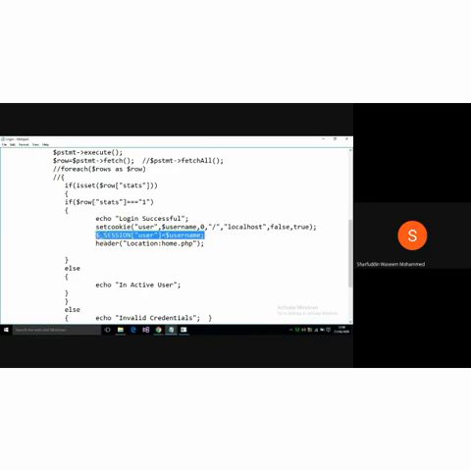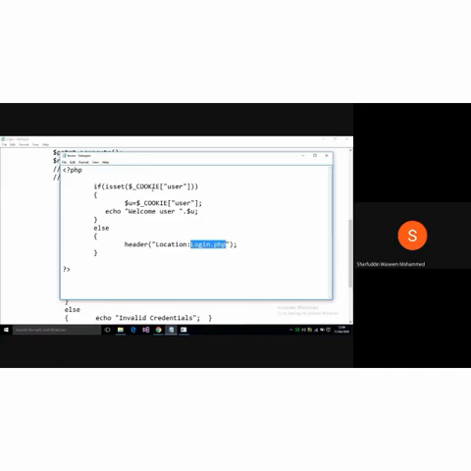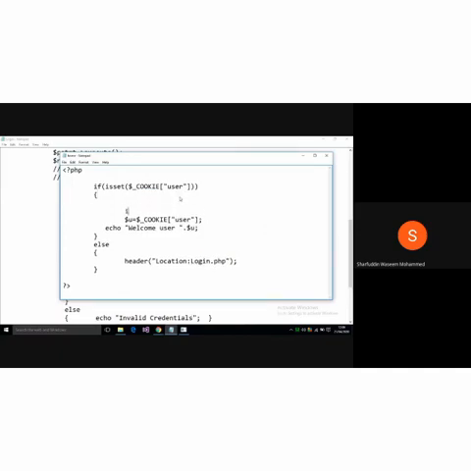Now you can see in the home page, instead of accessing the cookie like this, I can also check if isset of $_SESSION. Session is a separate super global array, cookie is a separate super global array. It has its own index.